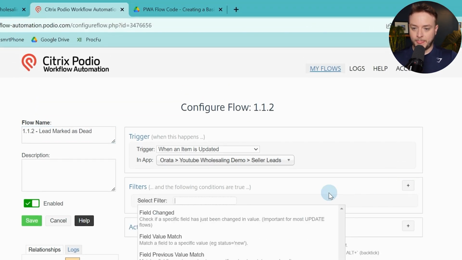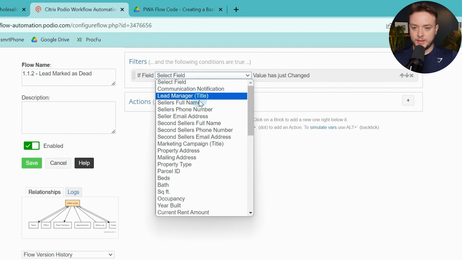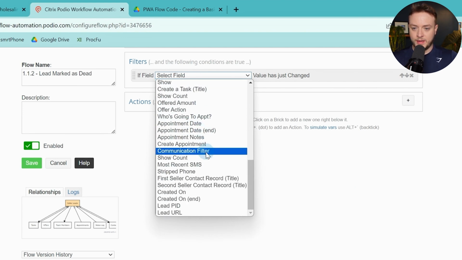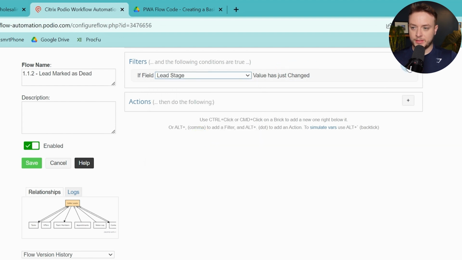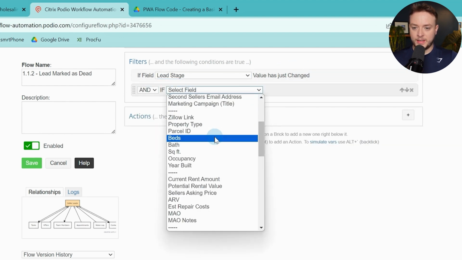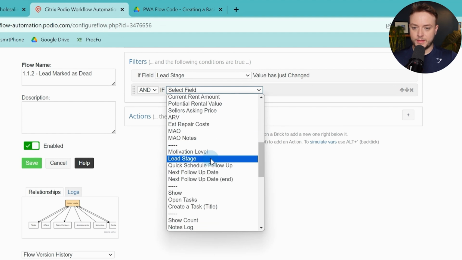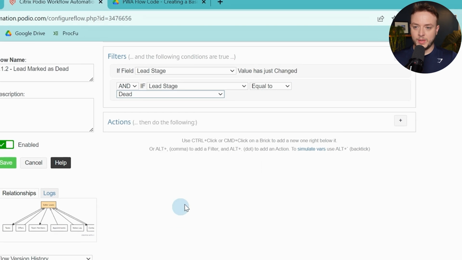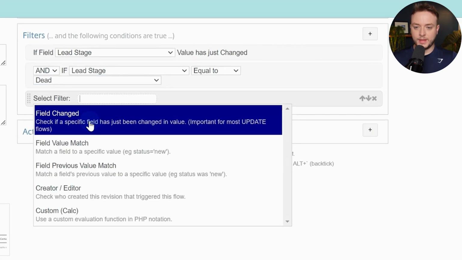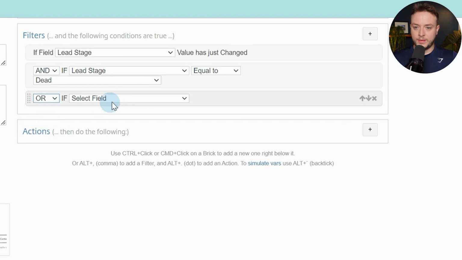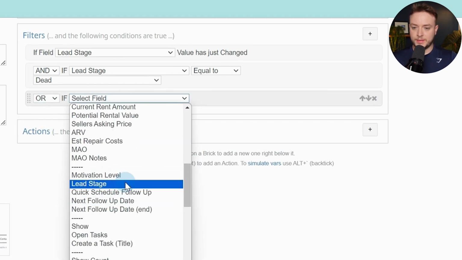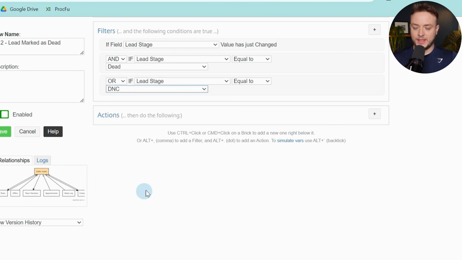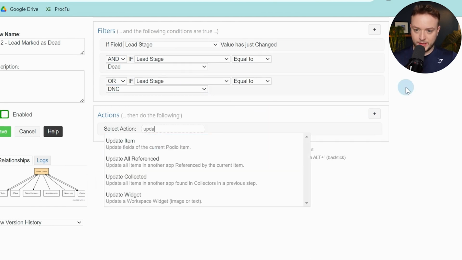Okay, so we'll do if lead stage has just changed and lead stage is equal to dead, or lead stage is equal to DNC, do not contact. Then first we're going to update